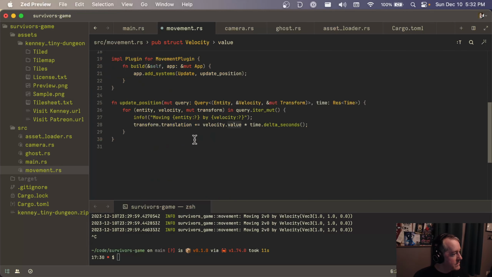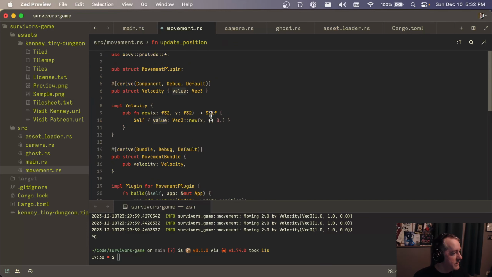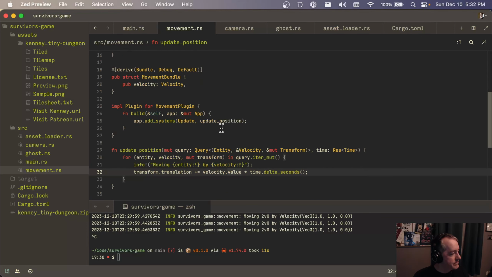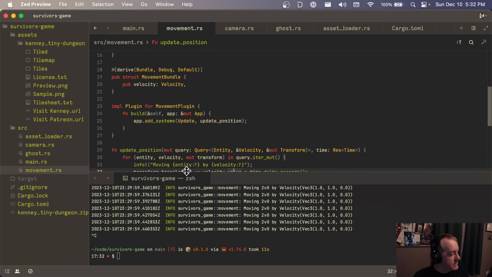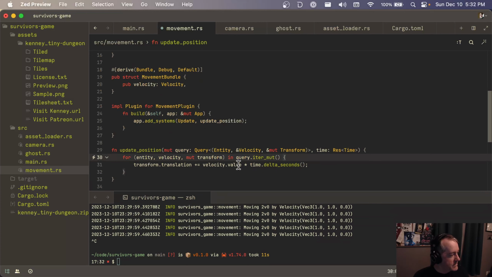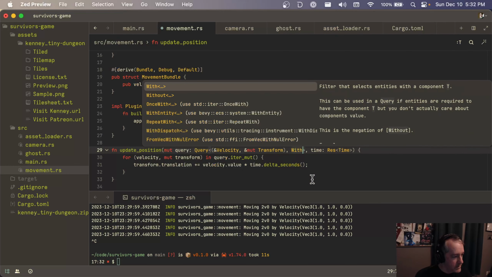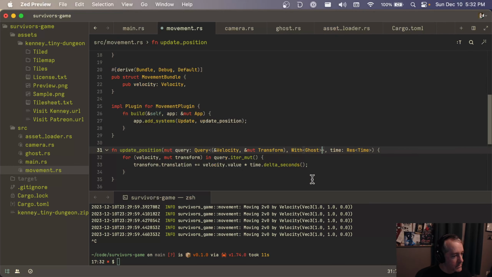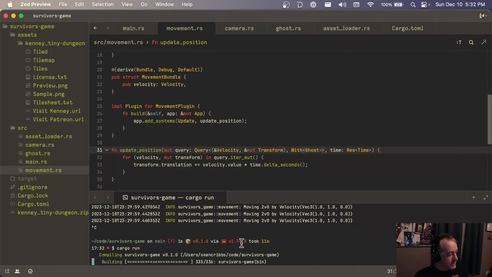Okay. So there we're basically doing what they did in the other one. I don't know that helps anything, but we then have the same exact code except for this entity. Maybe what we could do is let's do With Ghost. Only move the ghost. Not that that'll matter, but